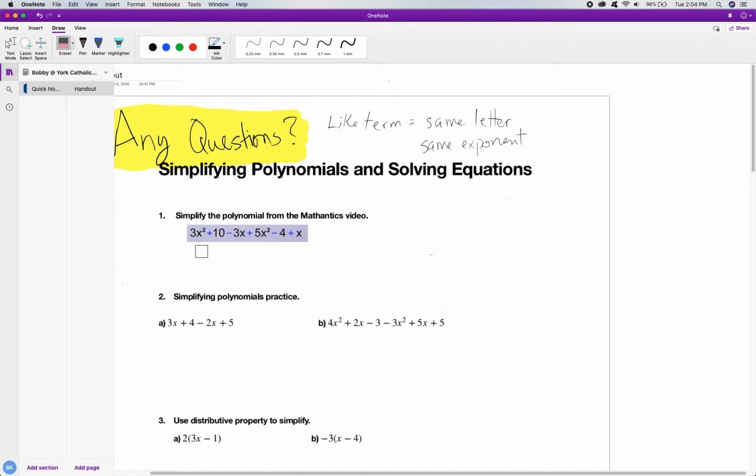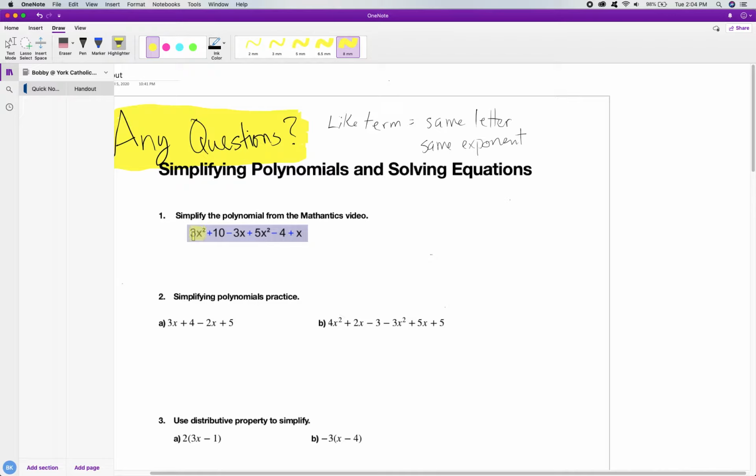To go over all the questions here, and hopefully if you got stuck anywhere, this will help you out. I'm just looking up here just to review. A like term means you have the same letter and the same exponent. Okay, so if I look down here,